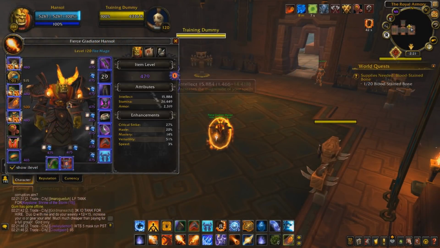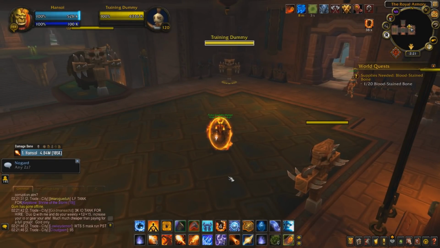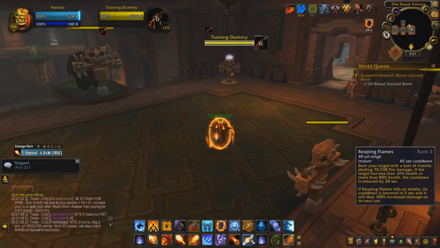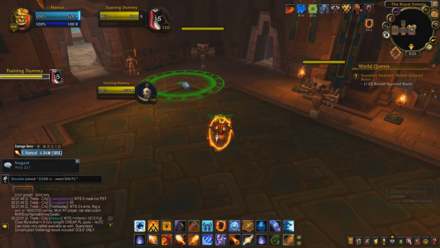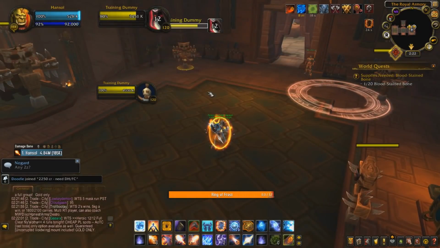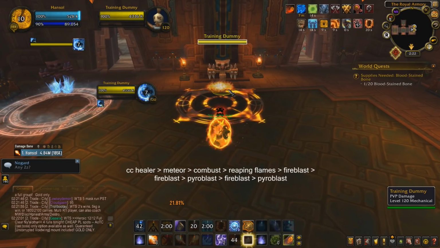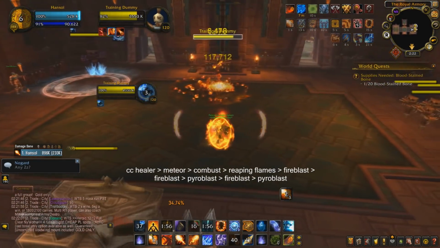All right, so next I'm going to break down the Reaping Flames burst. It's very similar to the Bracers burst, except you don't have Bracers, and instead of popping Memory, you're going to be using Reaping Flames first global while they're still above 80%. So let's say this is the healer right here. Make sure the healer is in CC before you do this most of the time. You're gonna press Meteor, Combust, Reaping Flames, Fire Blast, Fire Blast, Pyro Blast, Fire Blast,